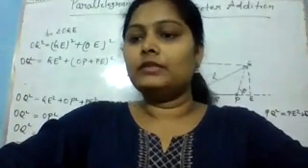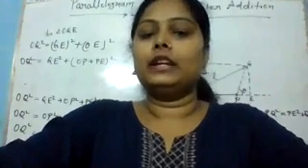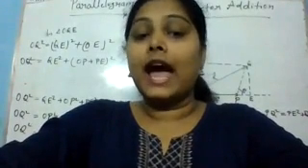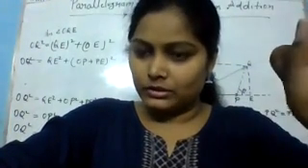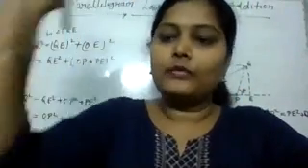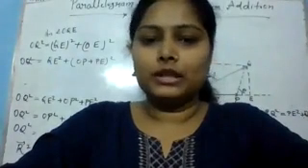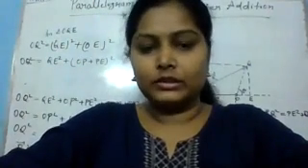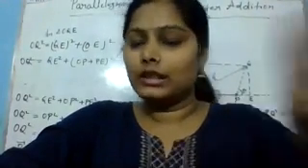So in today's lecture, we will discuss vector addition law. I told you that any quantity is a vector quantity when it has magnitude as well as direction, and it follows the vector addition law. We have two kinds of vector addition laws: the triangular vector addition law and the parallelogram law of vector addition. Both are similar in nature. So I'm discussing the parallelogram law of vector addition, and after this, the triangular law of vector addition will become clear by itself.